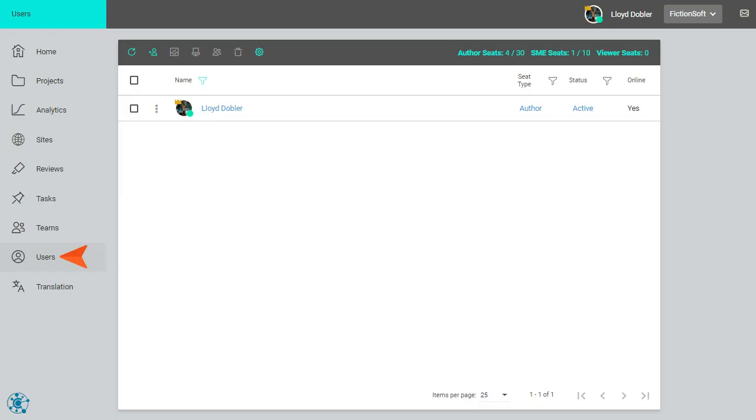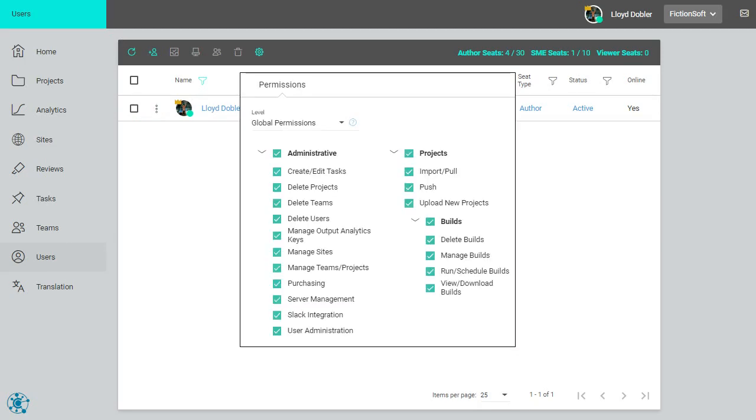The Users page in MadCap Central is for inviting, viewing, and managing the people who are part of your license. Initially, this page will show just one person, the first individual who logs into Central using your company's license. This person will automatically have permissions to do all kinds of things, including the user administration permission to invite other